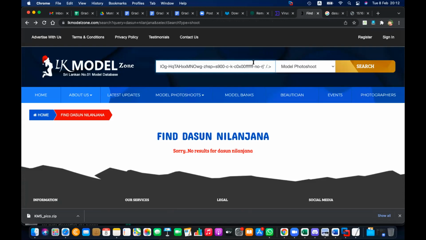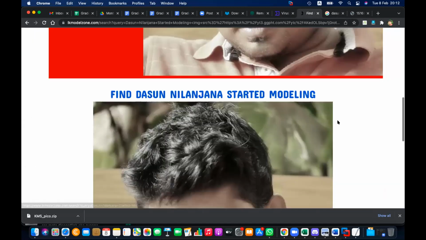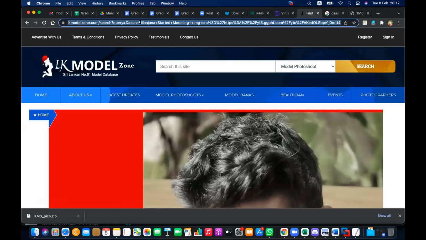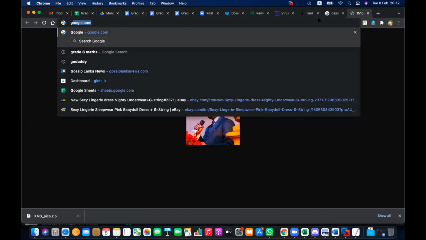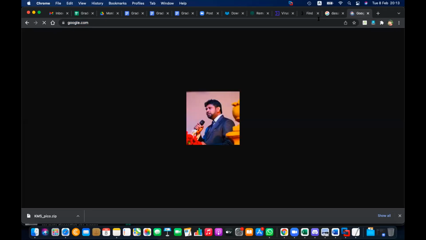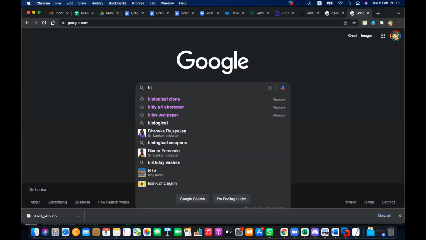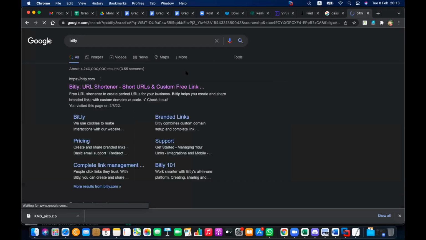I'm not sure this can be accomplished. Okay, here you can see I have started modeling, right? It's fake news generated just by XSS injection. This is an ethical hacking related thing, so not actually ethical, but anyway, kind of that, right? Then I'm going to Bitly. Bitly is a URL shortening service.